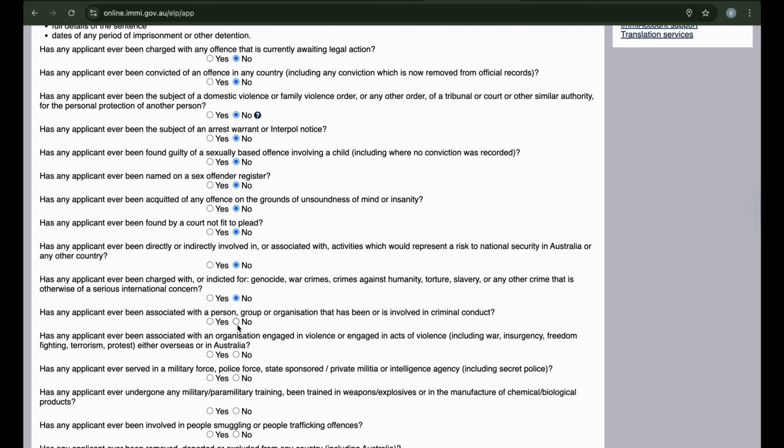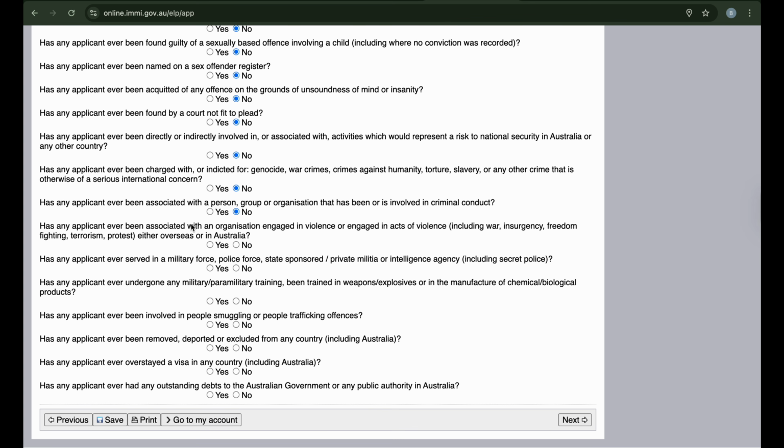Has the applicant ever been associated with a person, group, or organization that has been or is involved in criminal conduct? No. Has the applicant ever been associated with an organization engaged in violence? No. Has the applicant ever served in the military, police force, or state paramilitary intelligence agency? No. Has the applicant ever undergone any military paramilitary training, been trained in weapons, explosive, or the manufacture of chemical,